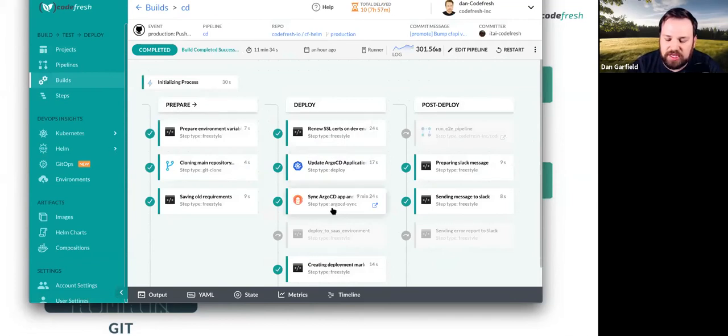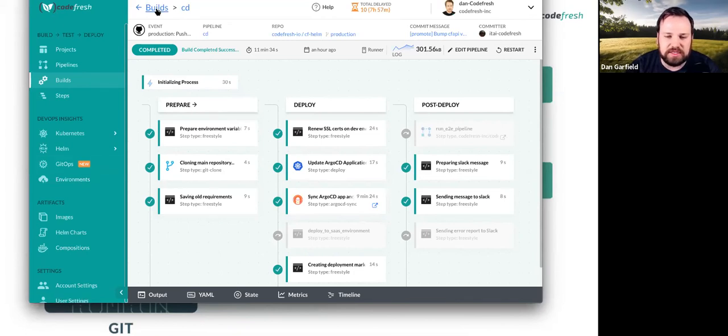Then it even triggers the Argo sync as a step in the pipeline, and can do a rollback if it needs to. In this case, it's not using the automated sync feature of our deployment agent, but is instead triggered by this automation, which allows us to build some additional logic and barriers around it.